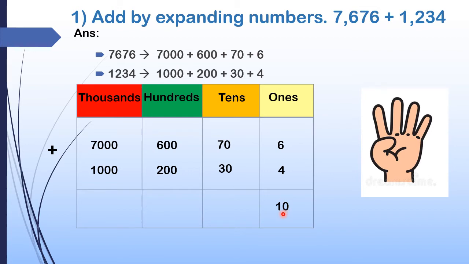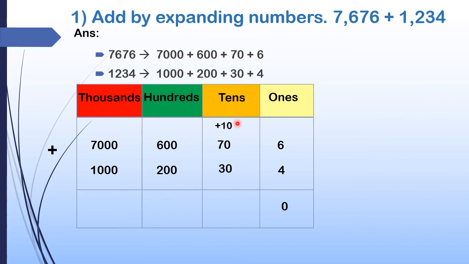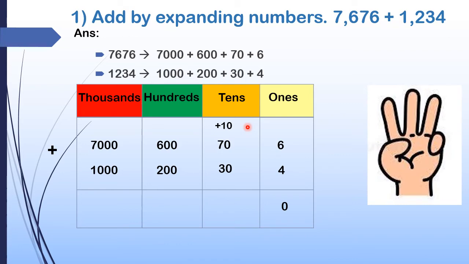So here the zero's place value is ones. So we have to write 0 here, then you have to carry over 10 to the next column. Okay. Now we have to add these three numbers. So 1 plus 7. What is 1 plus 7? 8. Yes. Then 8 plus 3. Keep 8 in your mind, 3 in your fingers. After 8, 9, 10, 11. So here we got 110. 11. Then we have to add 1 0.